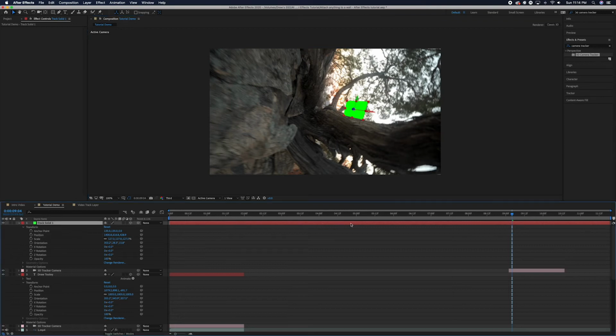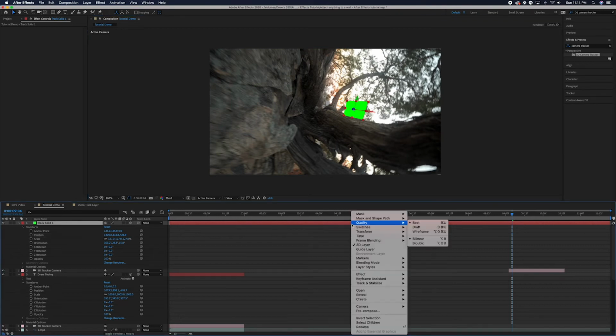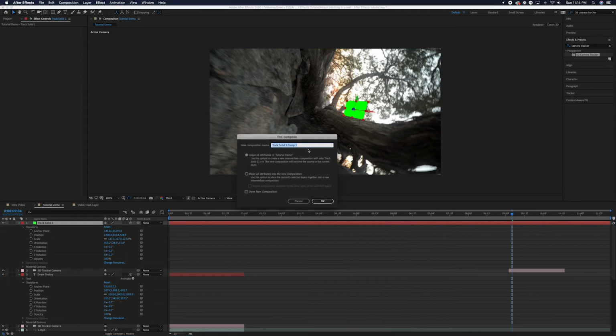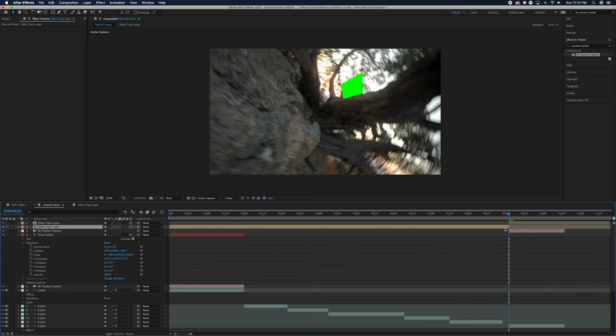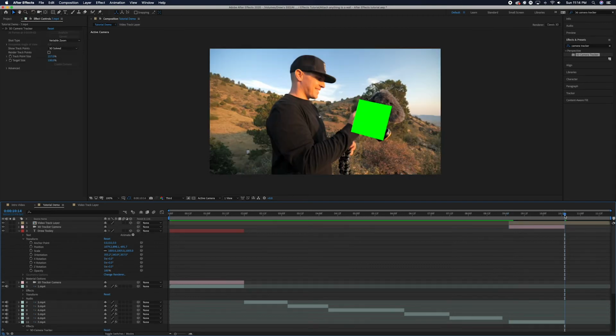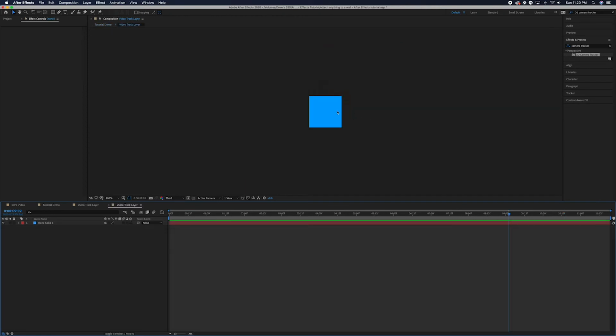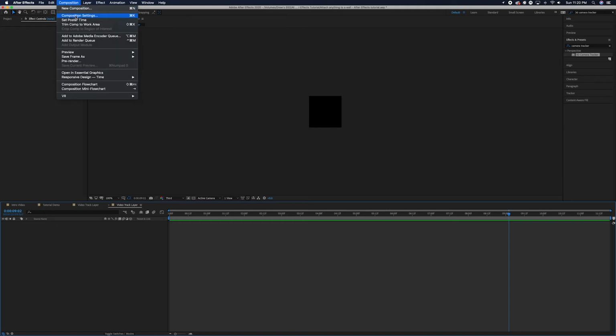So from here, what I want to do is right click on the track solid and hit pre-compose. And we're just going to call this video track layer. I'm going to trim both sides of this. So we're splitting the layer just to match up and line up with the length of the video clip. We're going to double click on here and go in and manipulate this so we can bring in our video clip to overlay. So here we can get rid of the track solid,